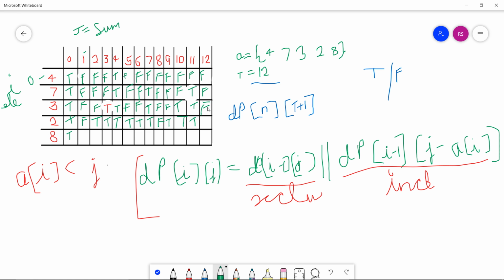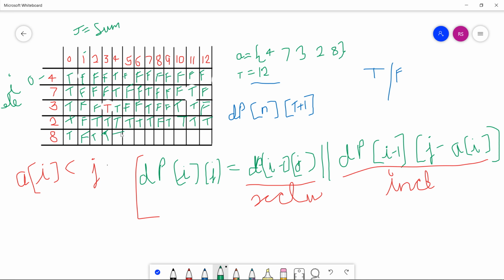It is also true. Now 12 minus 2, 10, gives us true. This is also true. Now for j less than ai, we have to store the upper cell data, which is clearly false, true, true.